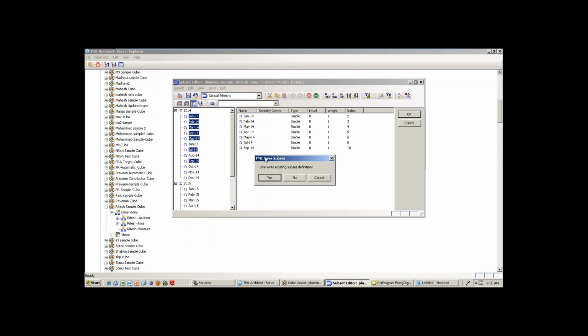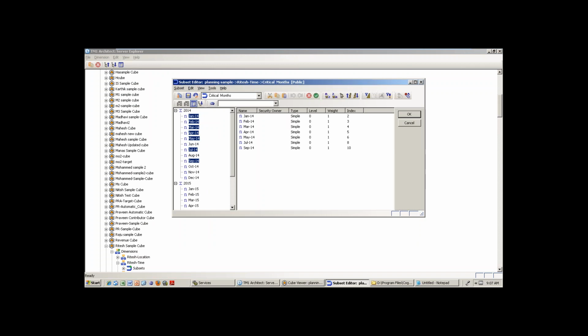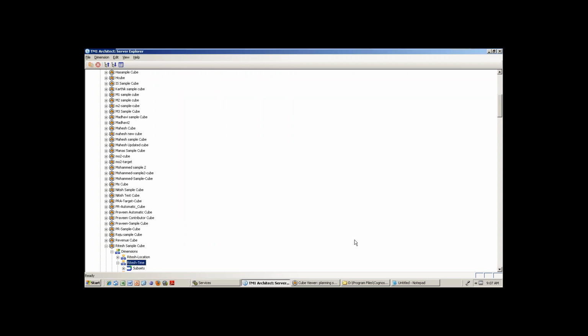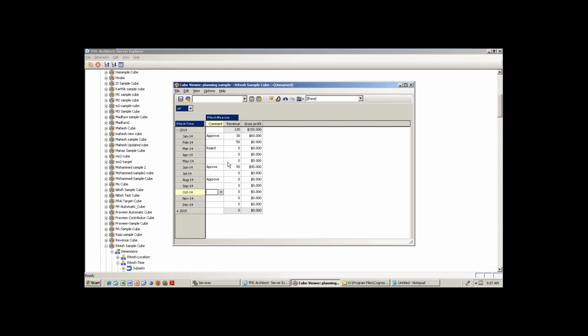So now it is overriding the critical months. Sorry, you take these values only. Critical months, subset, save as, save only, right? Critical months I'm saving. Subset, save. That means I am trying to override the critical month list. Previously only 3 values. Now I have appended. So obviously, automatically you go and check here.